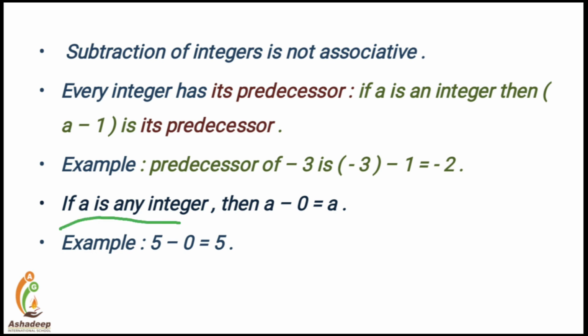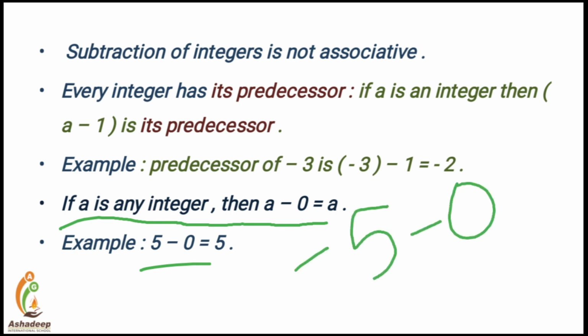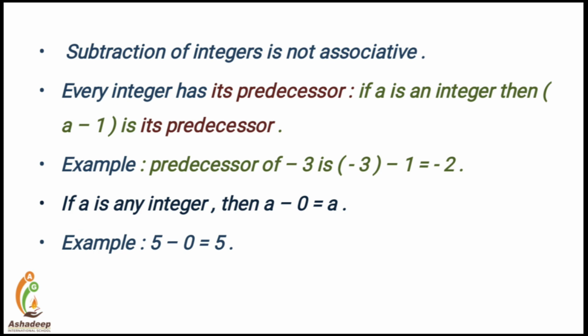Then if A is any integer, then A minus 0 is equal to A. It means if we subtract 0 from any integer, we will get the number itself. अगर हम किसी भी इंटीजर से 0 को माइनस करते हैं तो हमें वापस वही नंबर मिलता है. जैसे कि यहाँ पर मैंने किया 5 माइनस 0 इज़ 5. अभी मैं माइनस 5 माइनस 0 करूँगी तो भी माइनस 5 ही आएगा. क्लियर? क्योंकि यहाँ भी माइनस माइनस प्लस, बट साइन किसकी रहेगी? 5 की, तो माइनस 5.